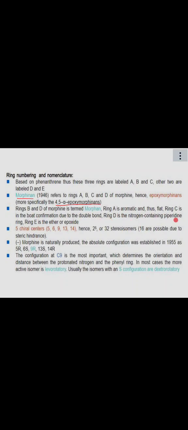Ring D is a nitrogen containing piperidine ring. Then E is the ether or epoxide. So these are things that we mentioned. We have 5 chiral centers, so we can have very many